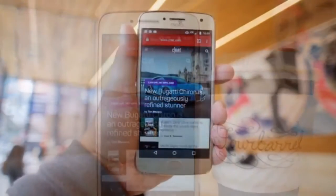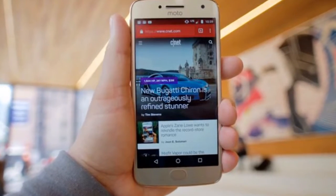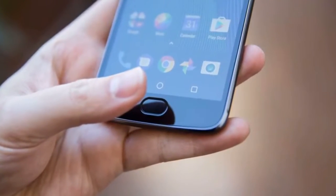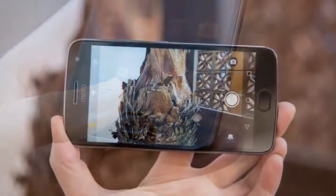Since the G5 Plus is a universally unlocked phone, it will work on all major US and UK carriers. It's worth checking compatibility with your carrier if you're unsure. The dual SIM option on Moto G5 Plus is only available in select regions globally in Latin America, Europe, and